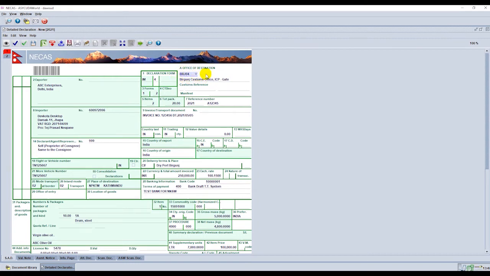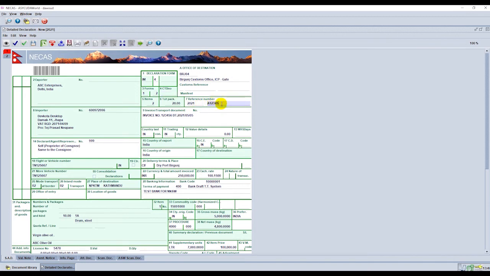In field number 1, select the code as per import or export related trade. In number 2, enter the full name and address of the foreign exporting company. In number 4, for third country cargo, enter the customs transit declaration number if applicable. Item number gets auto-populated in field number 5. Enter total packages of items in field number 6.